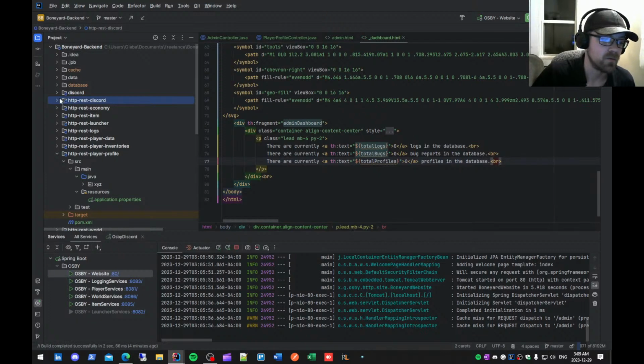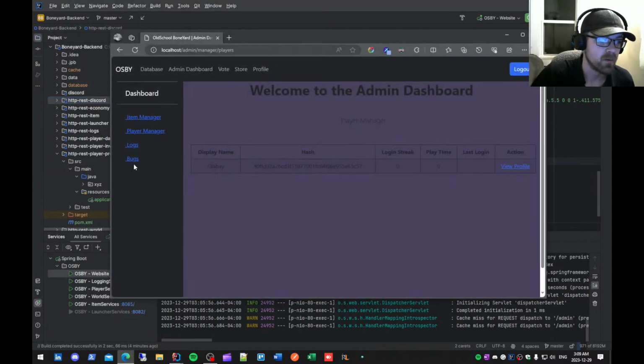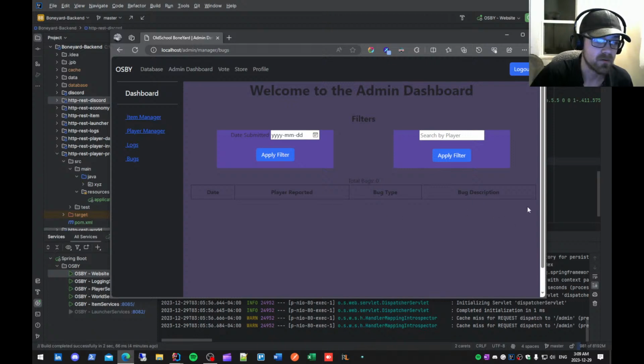When we go into our bug reports and we get the list of bug reports, I'm going to have an extra column which is just going to be complete, or maybe I might just have a view, where we can go into the ticket and view more information, maybe log some information, add some notes, keep track of the bug ticket, and then when it's completed, I want to be able to just click a button, have it update and remove it from the database, and then send a post